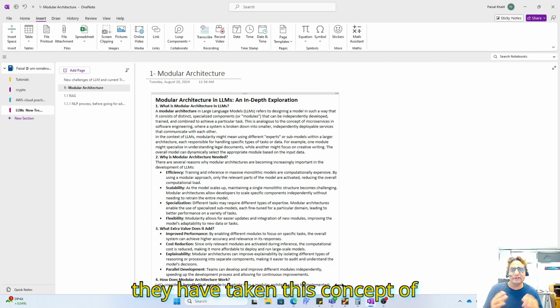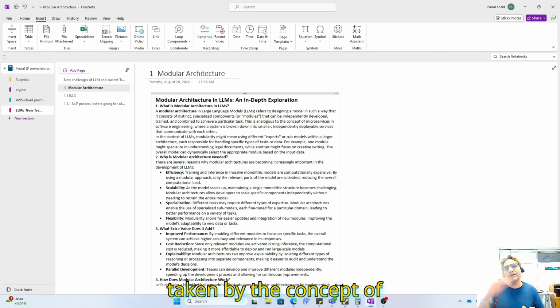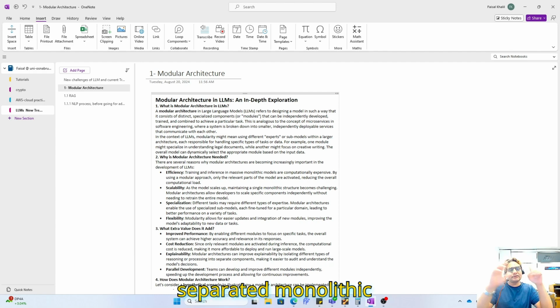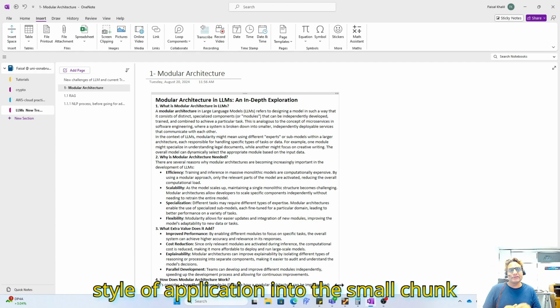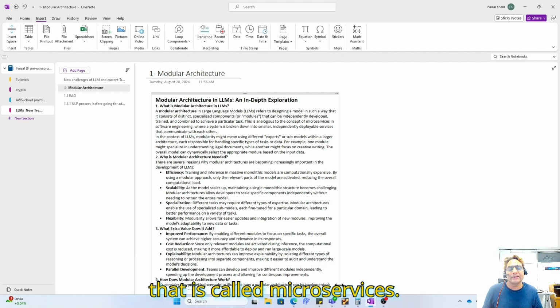Where have they taken this concept of modularity from? This concept is really taken from Google, how Google separated its monolithic style of application into small chunks and pieces of the application, and that is called microservices.